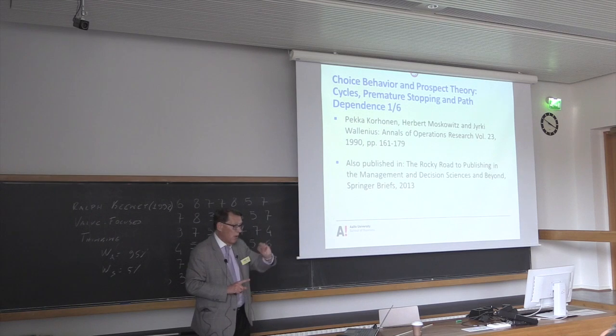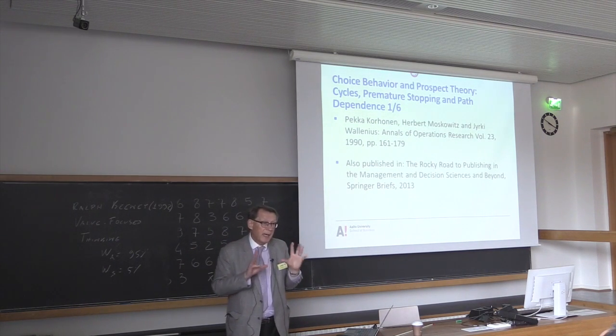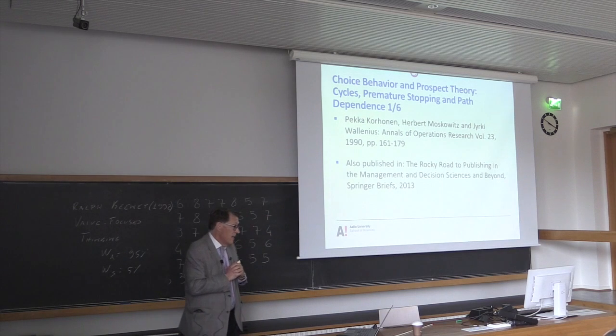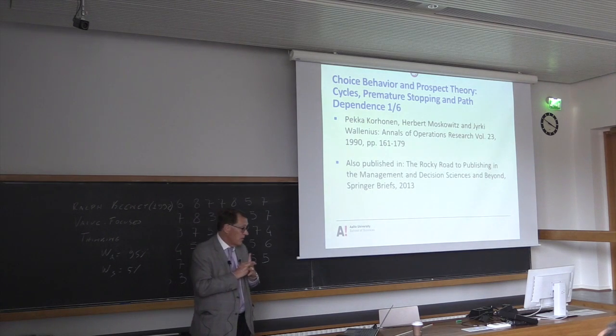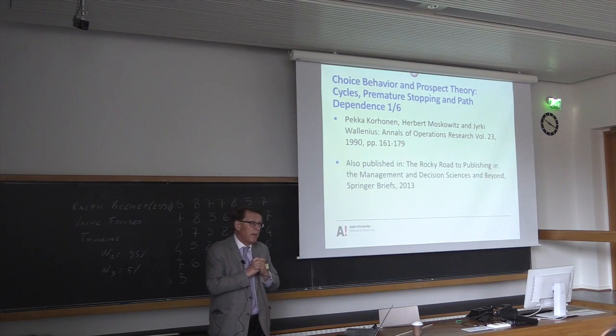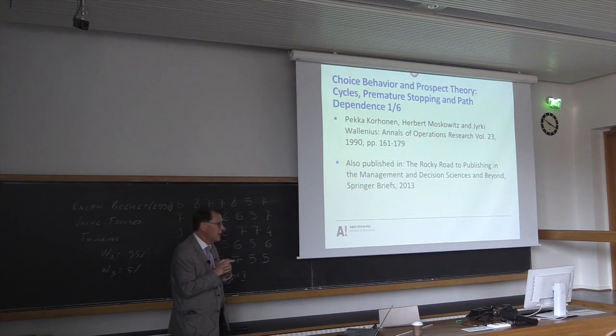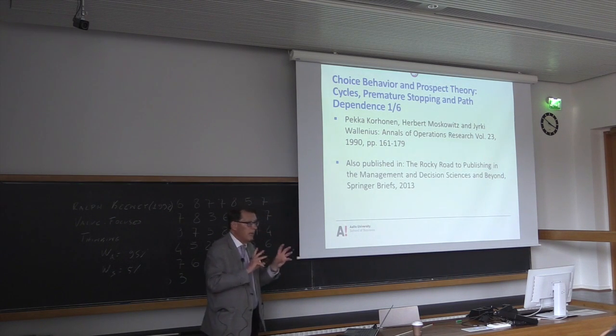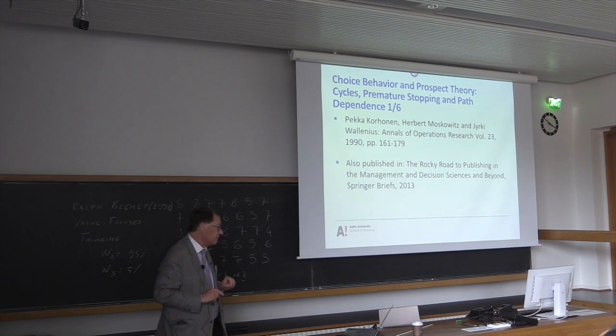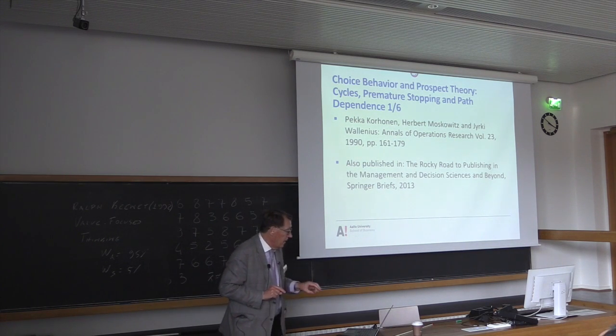Now I'm going to briefly talk about 4 different papers, but in a very aggregate outline manner. And this represents the first in line of my behavioral decision research papers, which was published in Annals of Operations Research in 1990, with 2 colleagues, Pekka Korhonen from Aalto BIS and Herbert Moskowitz from Purdue University. And the idea there was to tie in prospect theory with making choices. And we also published a book,